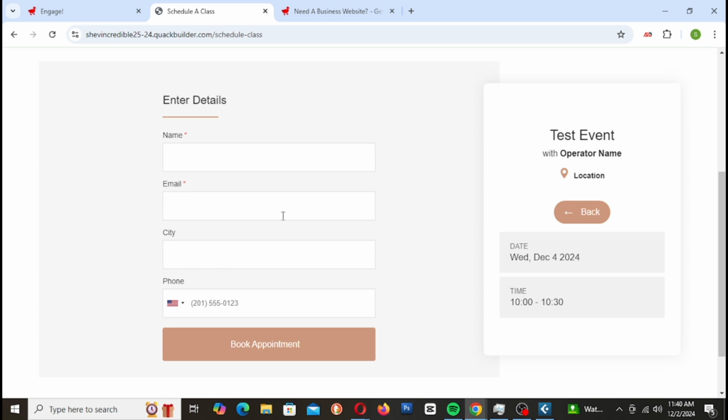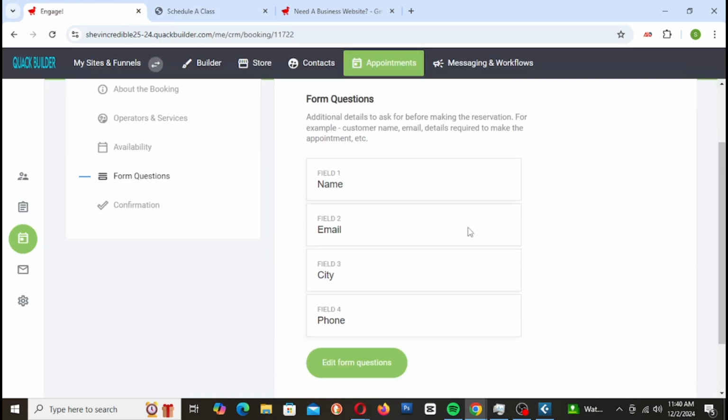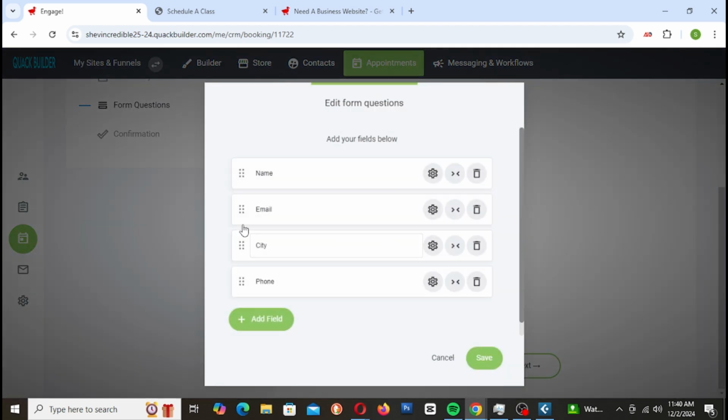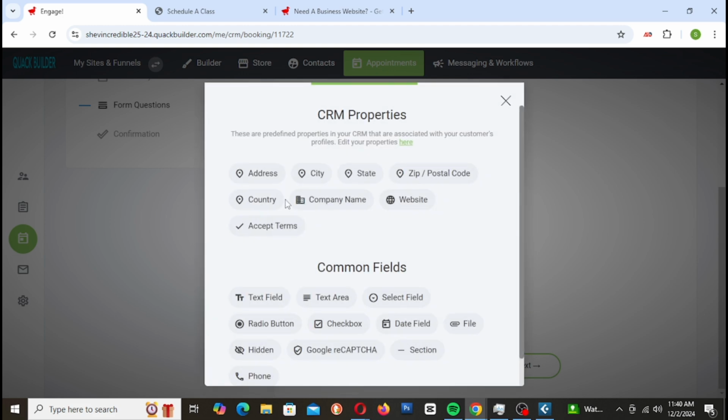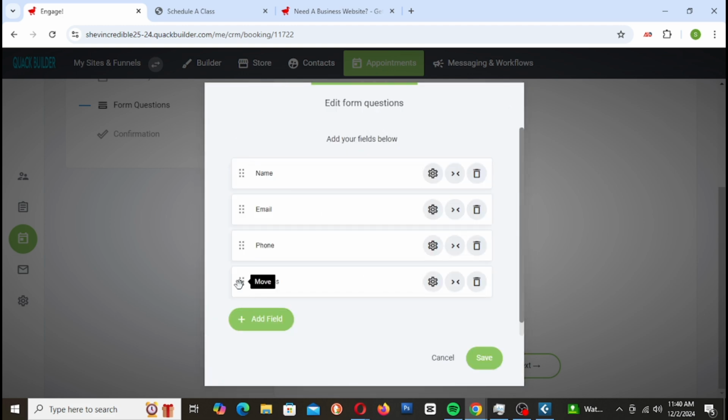If you don't want the city, you can just take it off. It will be most appropriate for you to put address, but it's just for the video I put city. All right, so let me remove this and say just address. So address would be better. So name,